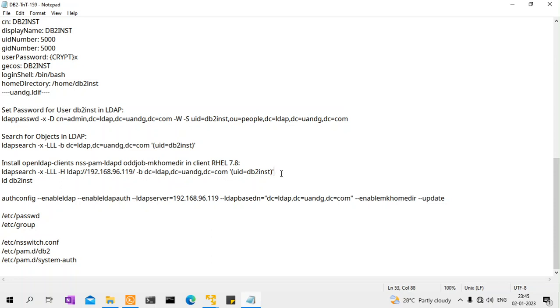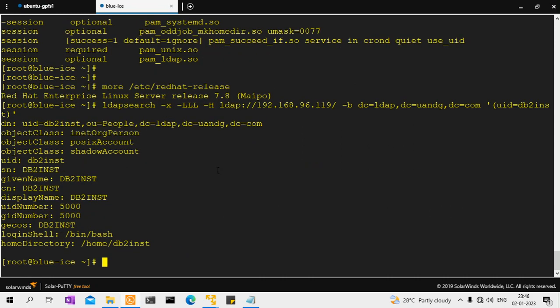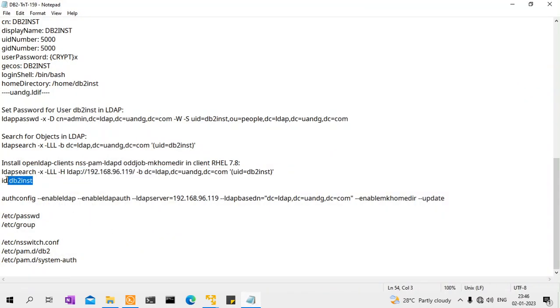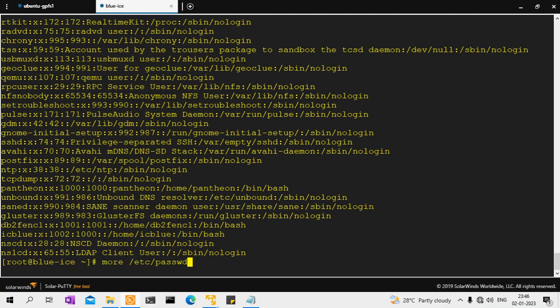Once I have installed them, see here how I am querying the information using the IP address of the Ubuntu server. So I should be able to get the same information, like the db2inst user information here. And here I can say id db2inst, because this should be accessible, and you can see the ID is 5000, in sync with the LDAP server. And here also, if you look at more /etc/passwd,